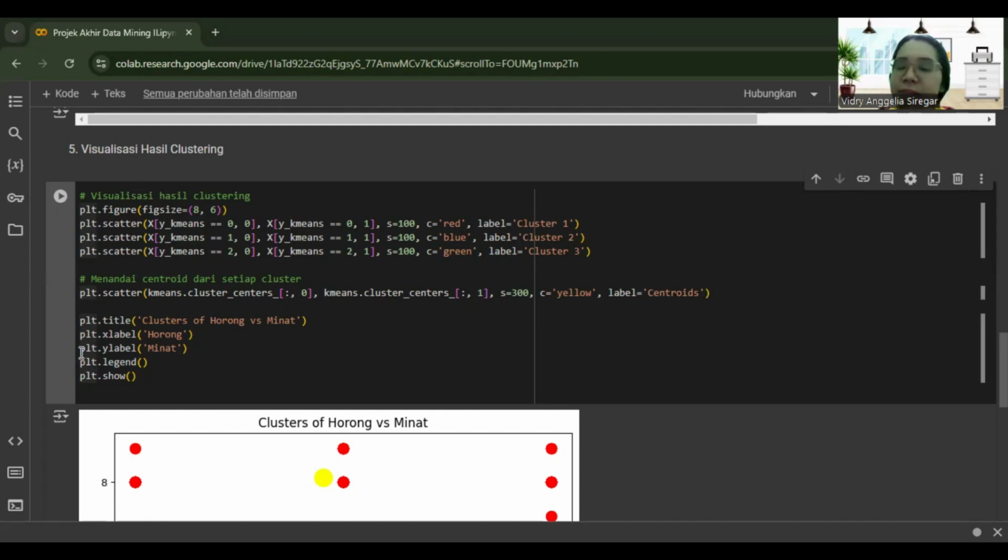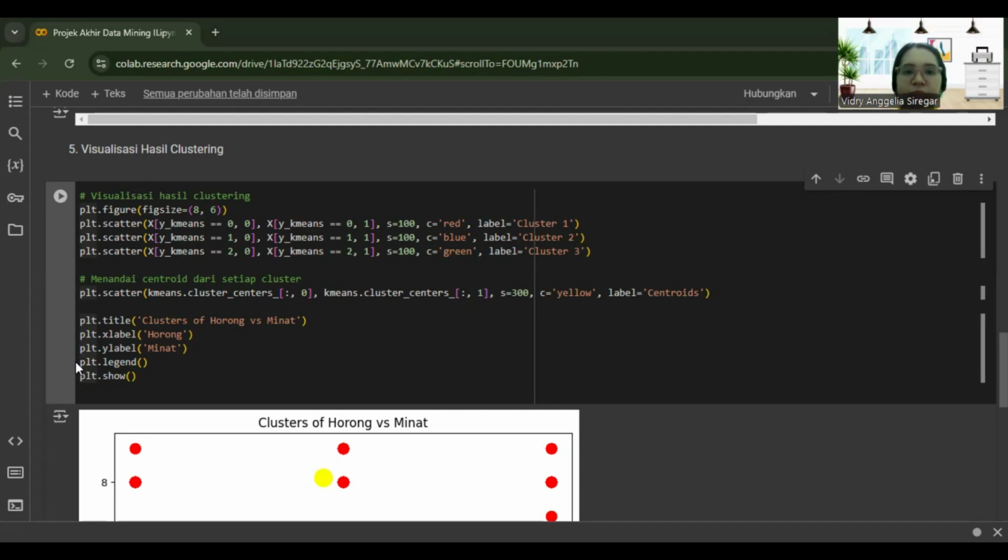Adding a legend and displaying the graphic: plt.legend adds a legend to the graph showing the label for each cluster and the centroid. plt.show displays the scatter plot graphic on the screen.